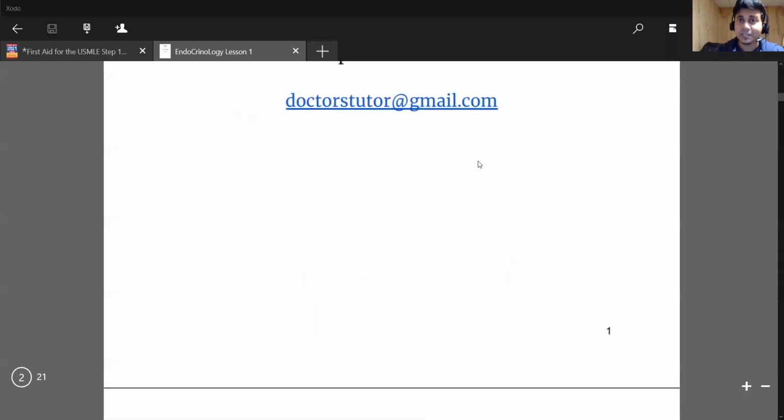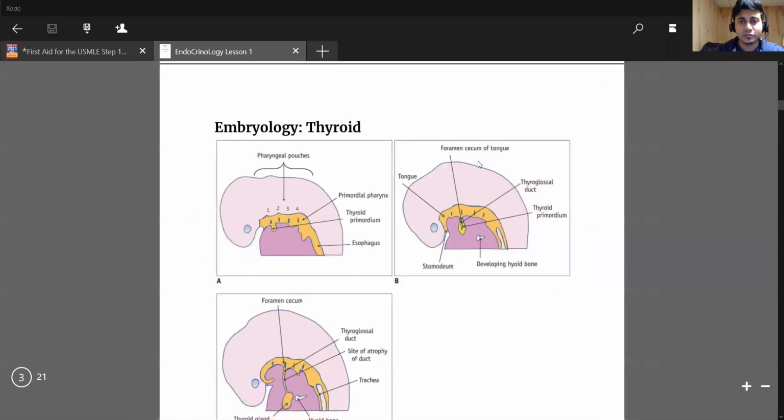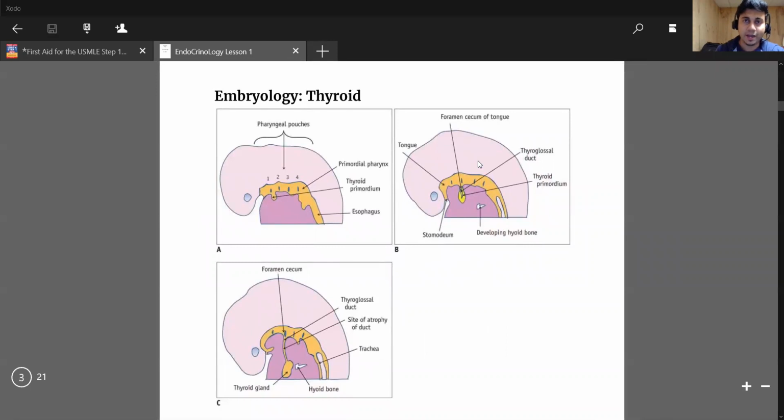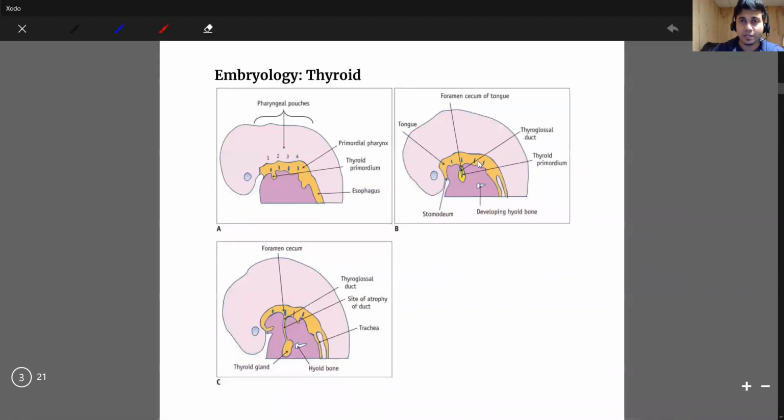So let's begin. Now, here's the first thing that you have in your book, the First Aid. I usually make or prepare this lesson based on the First Aid topics. That means whatever there is in First Aid, the same content I follow. Now, here's the first thing that is discussed in First Aid in the endocrine section, the embryology of